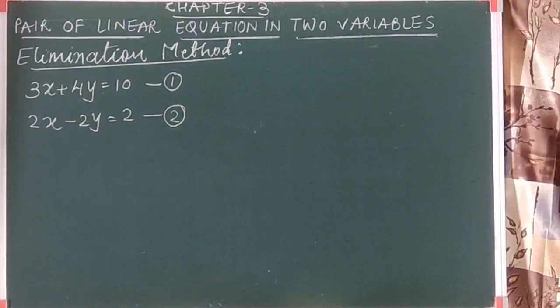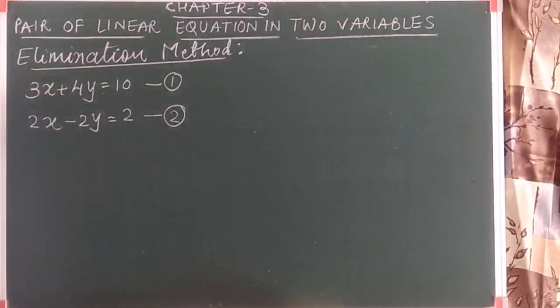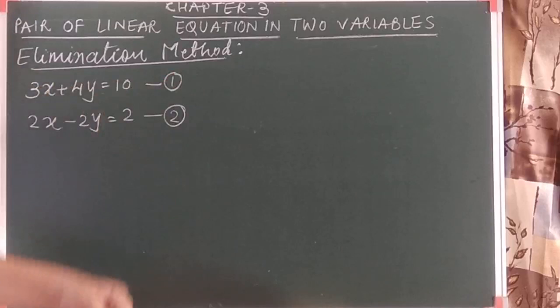Let's see the new method. It is called the elimination method. I have written a pair of linear equations in two variables. We have to get the solution by the method of elimination. See, we are very familiar with the word eliminate. Eliminate matlab, we know in the reality programs nowadays, they have an elimination round. Elimination, that means one of the competitors has to leave the stage. सो लीव, एलिमिनेट मतलब खत्म करना, उसको निकाल देना. So let's see how we can get the solution by the method of elimination.